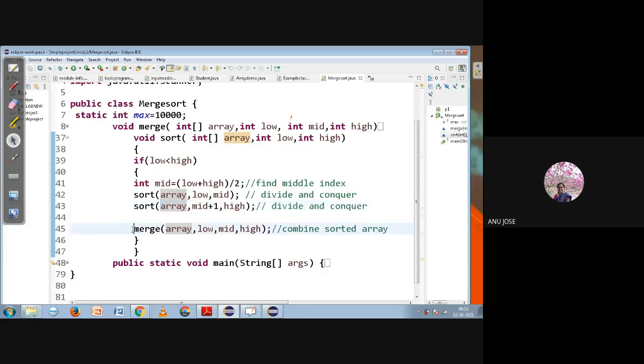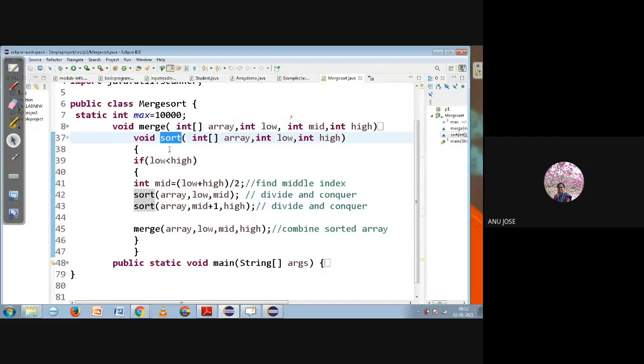So what is happening in the merge operation? As you know, it is combining two sorted subarrays into a new sorted array. So for merge, again I am transferring the three index values low, mid and high to the merge operation. What is happening in the sort? The sort is especially for the basic logic of merge sort. There we have mentioned the division operation as well as the merge operation.